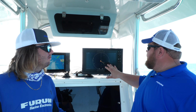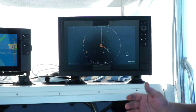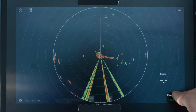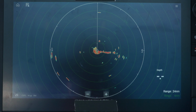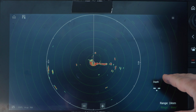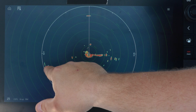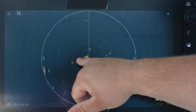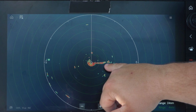What we're seeing here is we're going to move in on System C, and we're going to show you what we're seeing and how far away we're able to see a target. What we are seeing is we are out at a range of 24 nautical miles. So this is the farthest range System C can go to. And what we're seeing on the screen is we're picking up a target here at that 23, 24 nautical mile range. And the other things we're seeing is we're picking up the base of the 7-mile bridge here, most likely